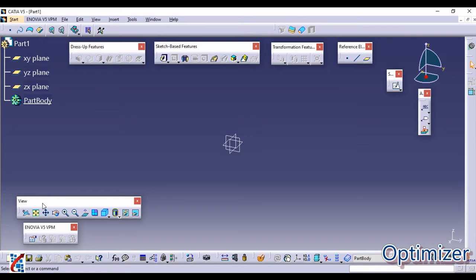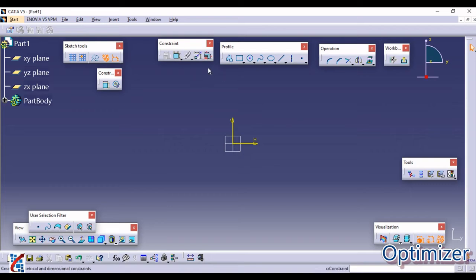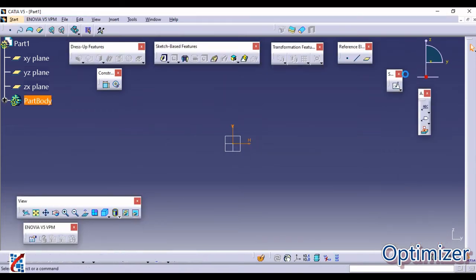One more important thing is that the Sketcher and part design modules are interlinked to each other. What is the meaning of this? If you want to add a third dimension to a sketch, you click on Sketch and select a plane. You are directly redirected to the Sketcher, and once you click on Exit Workbench, you come back to part design.